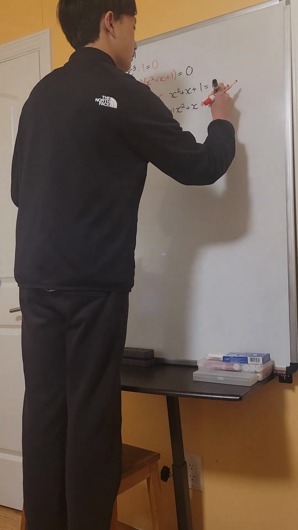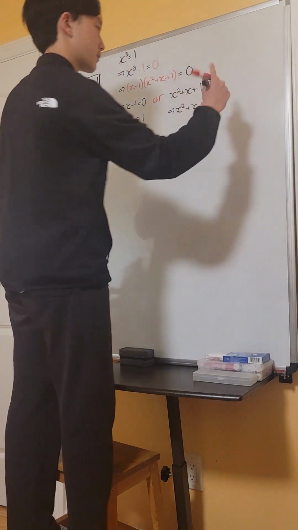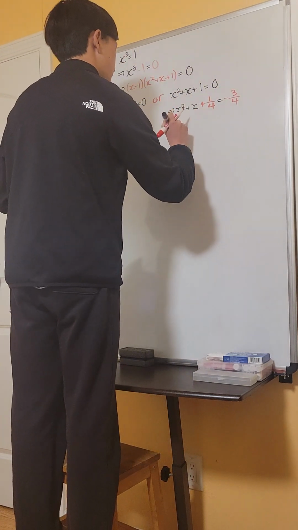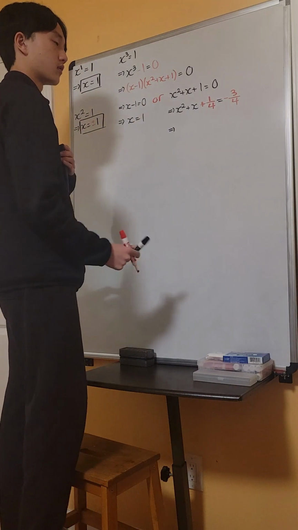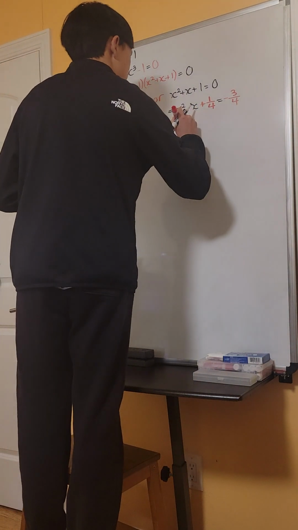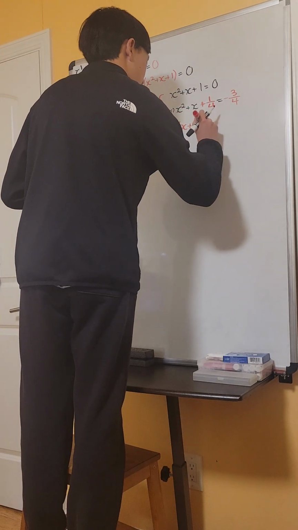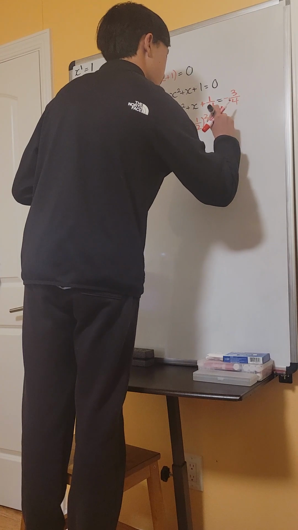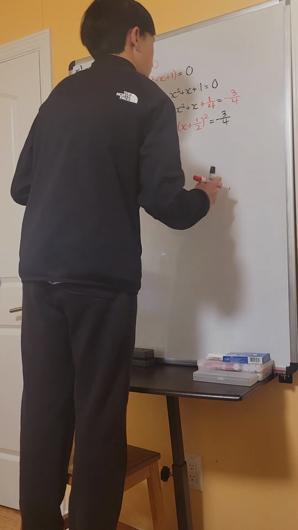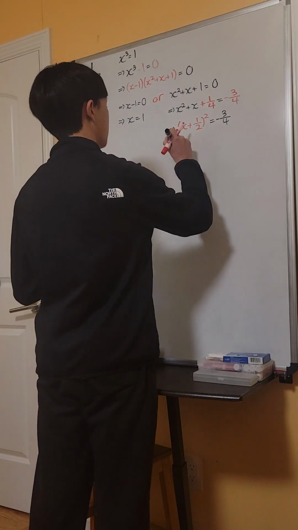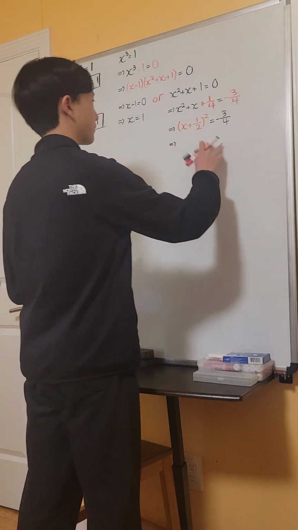And this means you have to subtract 3/4 on both sides. So like this. And this means this left side is now a perfect square trinomial, which is x plus 1/2 squared, right? And then the right side remains the same. And then now if you want to take the positive negative square root on both sides, what you get is